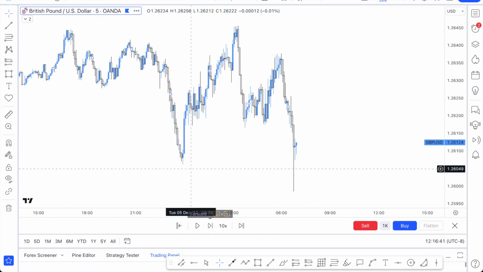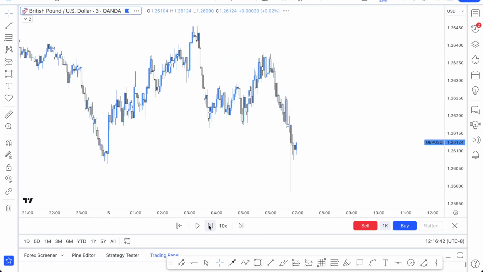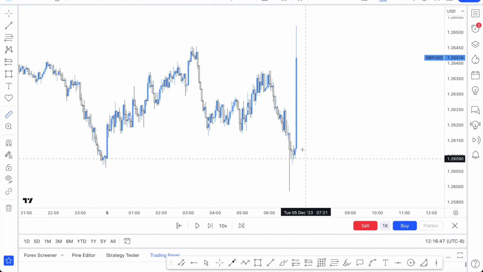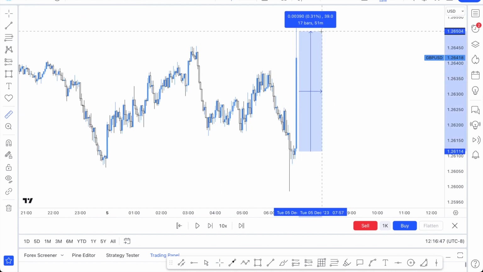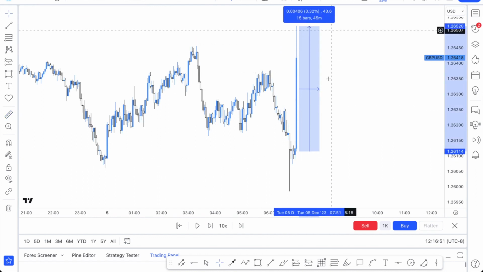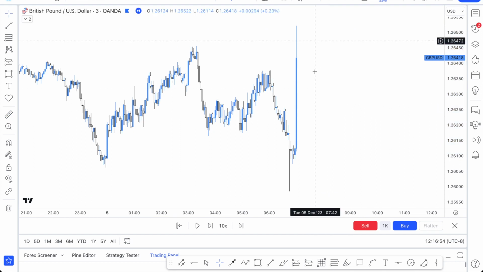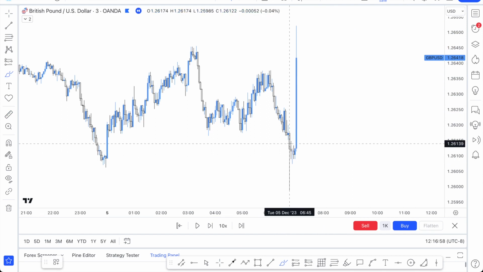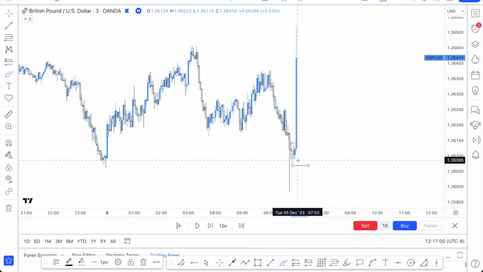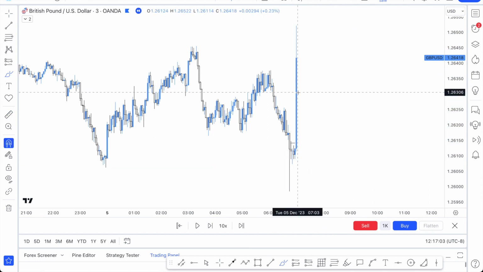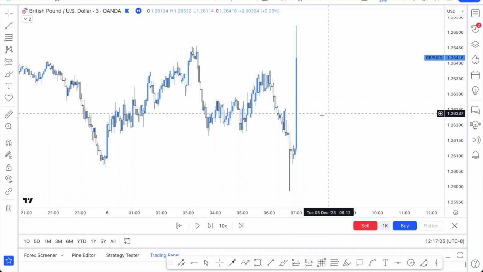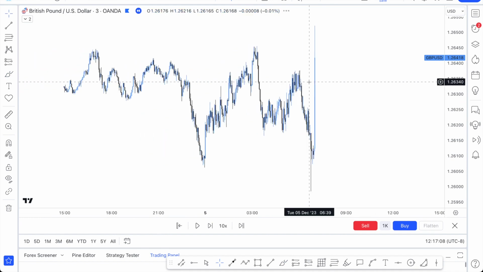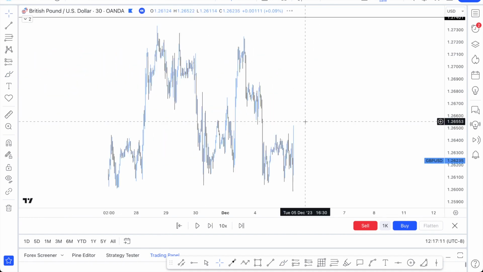So if I play this, let's go on a 3-minute, right? Watch this. Boom. That's a lot, right? That's a huge move, right? So this would have been 40 pips, a 40 pip move. That's a lot, right? So if you're waiting for news, you can either put your buy stop, sell stop, right, and then wait for prices just to take you in either direction. Other than that, after news opens and moves the way it does, you can get ready for your